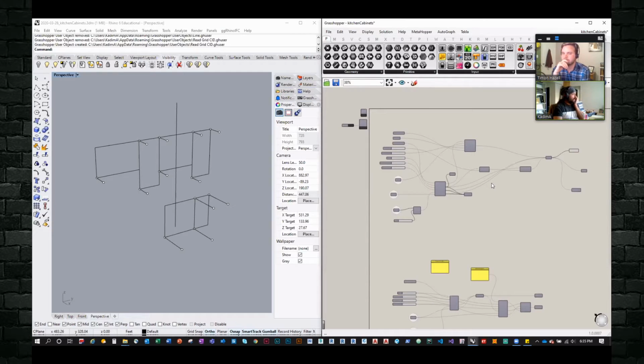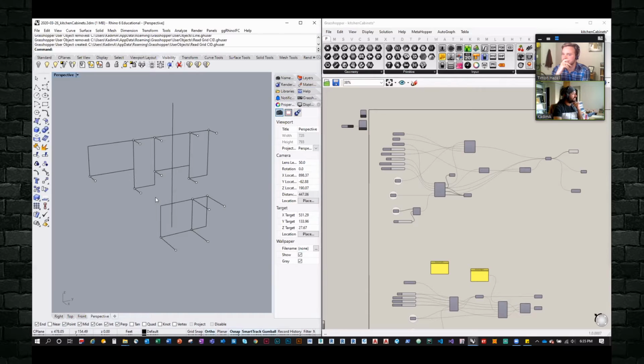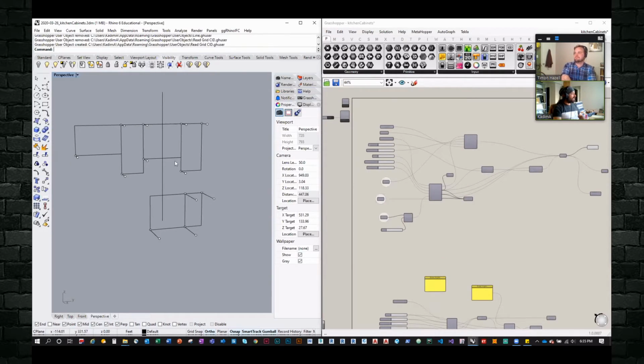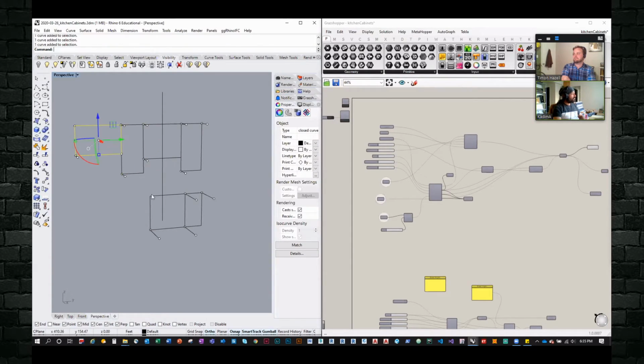Sure. So building on that knowledge of clusters, as I said early on in the introduction, I'm developing my own project that's mixed use, commercial and residential. And part of me cutting costs is building all the casework. So this is how one of the kitchens is laid out. This rectangle here represents the back face of the cabinet that I got from Revit. So I exported a Revit model. I don't know if I have the Revit model here. Let's see if I do. Maybe not. Yeah, I don't.